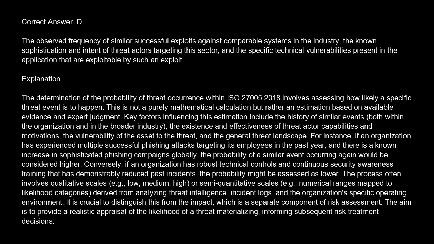The correct answer is D. The observed frequency of similar successful exploits against comparable systems in the industry, the known sophistication and intent of threat actors targeting this sector, and the specific technical vulnerabilities present in the application that are exploitable by such an exploit. Explanation: the determination of the probability of threat occurrence within ISO 27005:2018 involves assessing how likely a specific threat